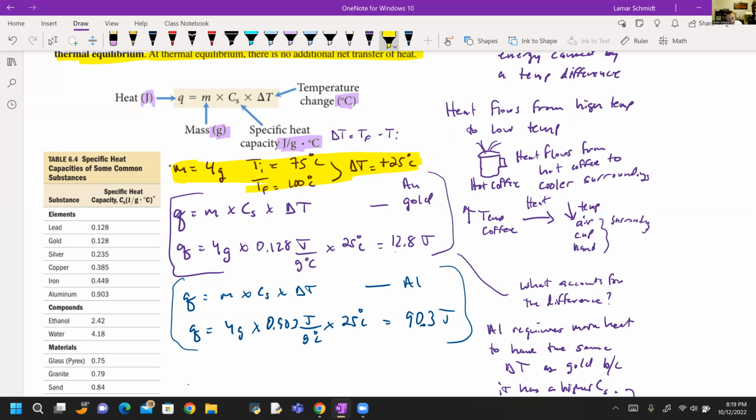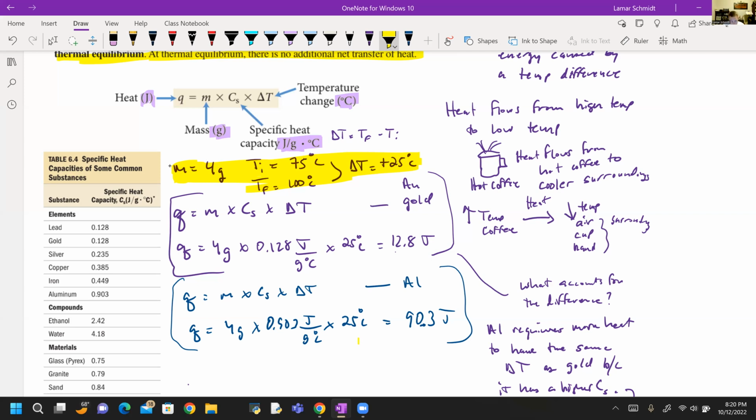4 grams, 25 degree temperature change. What is the only difference? The specific heat capacity, and then how much heat would be needed to cause that temperature change. So we notice that if we have 4 grams of this gold and we have a 25 degree Celsius temperature change, it only requires 12.8 joules. But if we wanted to heat up a 4 gram sample of aluminum by 25 degrees, it would take 90.3 joules. So it takes a lot more heat to heat up aluminum than it takes to heat up the same